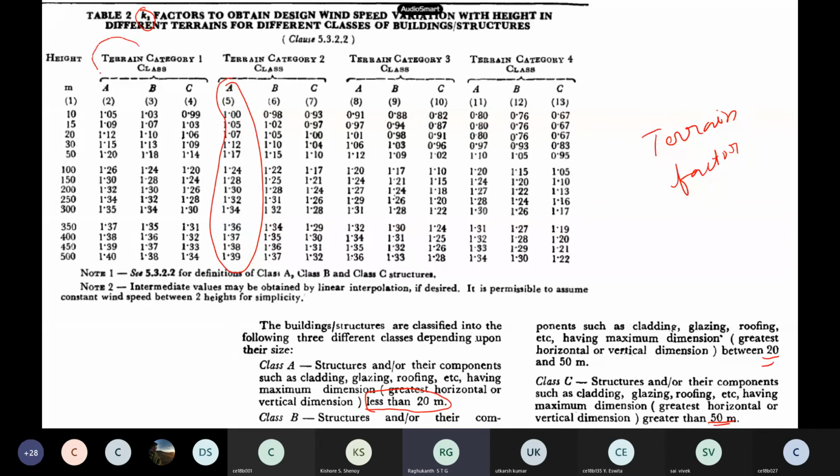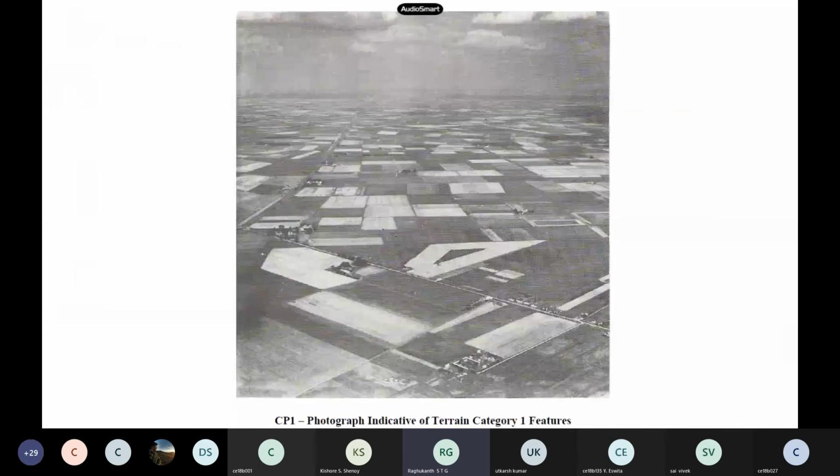So it is like a tall building, small height, then medium, depending on the height of the building itself. They have clearly mentioned this. And we have 4 terrains, category 1, category 2, category 3, then category 4. Now which is the tallest here? A, B, C. You can see the tallest is C, basically greater than 50 meters, horizontal or vertical dimension, both of them. And this is the classification, and the terrains are classified like this. So this is terrain category 1. Can you see this category? Do you see any boundary layer happening here? Will the depth of the boundary layer be small or more here?